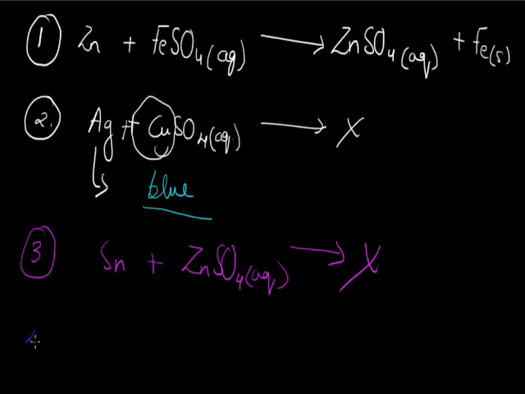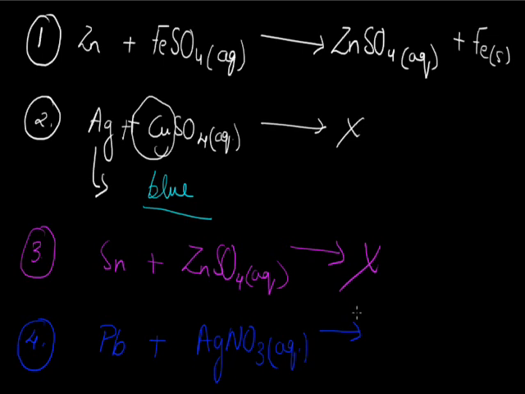Now the last homework example which I had given you was a lead rod immersed in AgNO3 solution. What happens in this case? You have to see whether silver comes above lead in the reactivity series or below. We will see that lead is above silver in the reactivity series, and hence the reaction will occur. There will be formation of lead nitrate and silver.